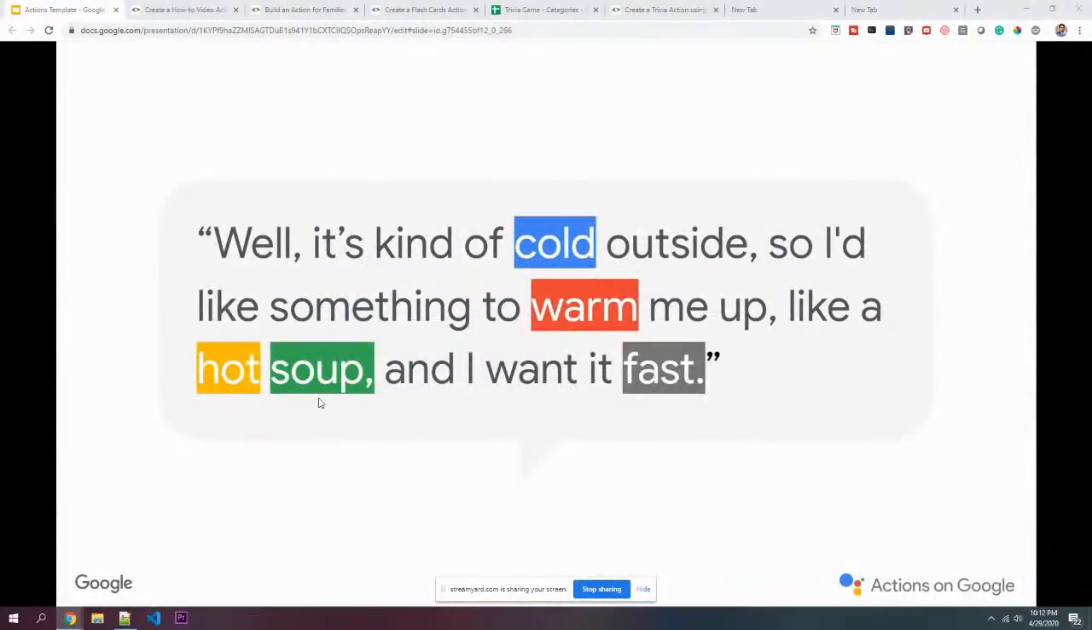So for people who are wondering what Dialogflow was, think about this. From a voice application standpoint, it's very difficult for our application to understand what the user intends or what the user is actually speaking of, right? Think about this specific sentence. I just want everyone to read this through. Well, it's kind of cold outside, so I'd like something to warm me up, like a hot soup, and I